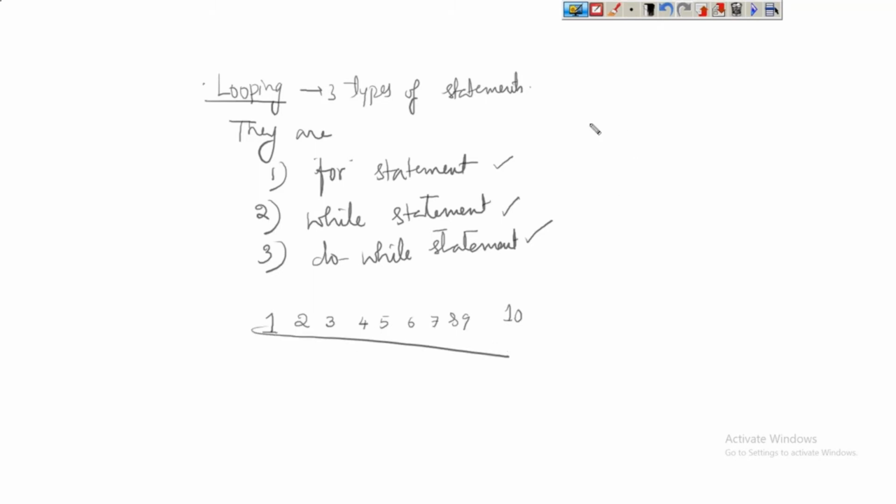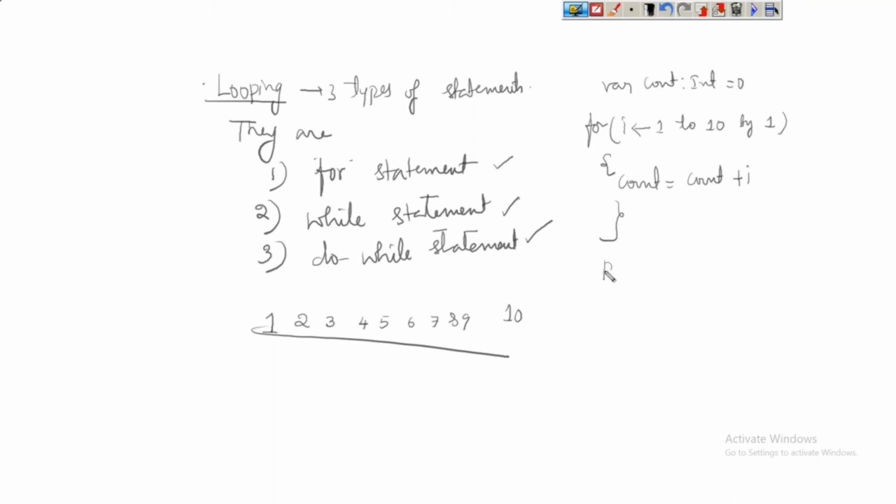This is the code I have written in a simple manner: for I 1 to 10 by 1, count equal to count plus I, where count colon int equal to 0. This is what I have written, isn't it?